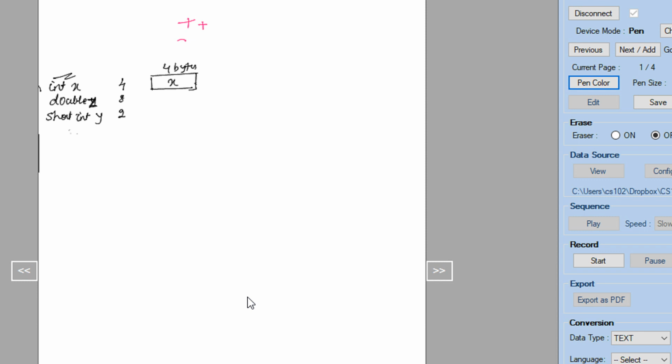This is for x. Now what the structure assumes is that I will replicate everything in terms of 4 bytes, because the first variable I encountered was 4 bytes. Now the moment it sees that this is 8 bytes, can I allocate 8 bytes into 4 bytes? Assume we have a 4 byte cupboard here. Can I allocate 8 bytes here? No, you cannot. So what does the compiler say? I cannot allocate 8 bytes into this, so I will pad this with a blank space, and now I will allocate the complete 8 bytes here.